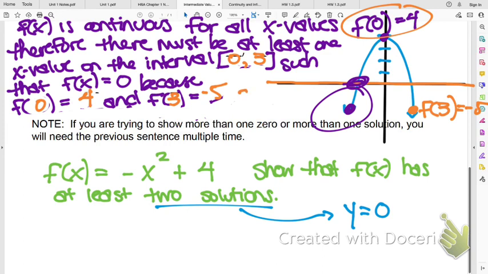So I would say, and f of 3 is less than or equal to 0, which is less than or equal to f of 0. I'm going to put my y values in the right order. It has nothing to do with the x's. The fact that 0 is on the left and 3 is on the right has nothing to do with this. It is my y values, yes? That's the same order as the